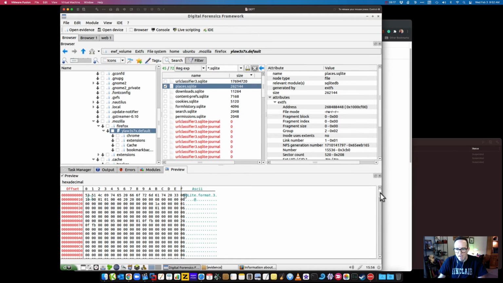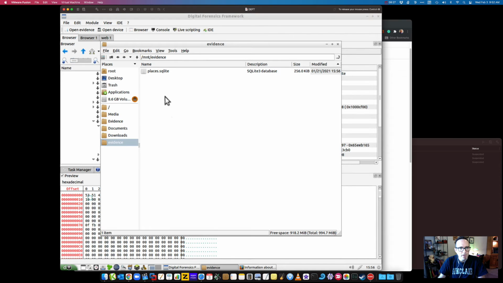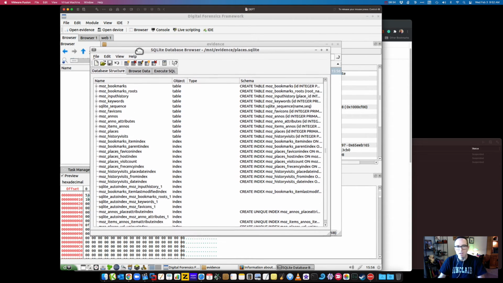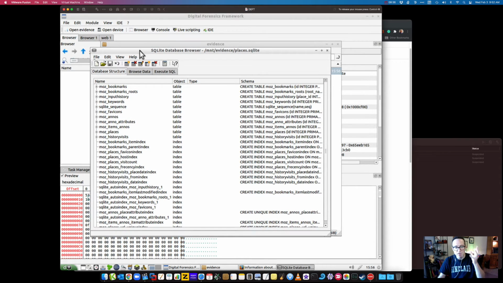Again, you can look at an ASCII viewer. It really is text, since it is a database file, but the best way to look at these files is to extract them. And here it is right here. And use a database browser. In this case, Sqlite database browser. This tool comes in all flavors. There's a Sqlite browser for Mac, for Linux. Very simple standalone tool. You can open these .sqlite